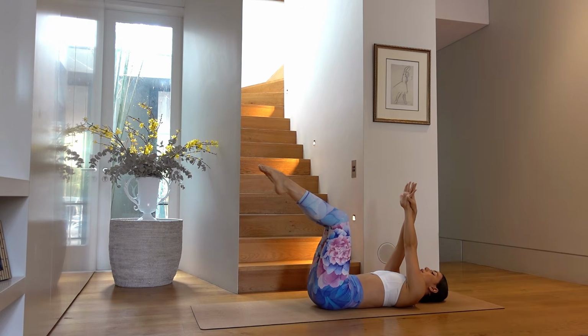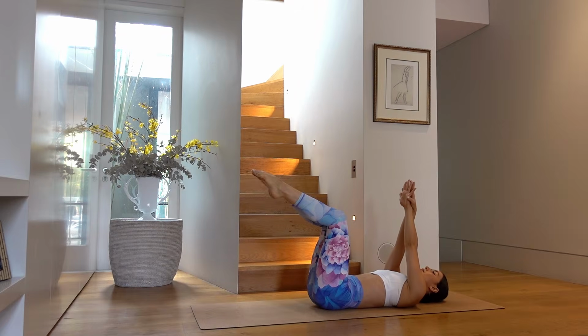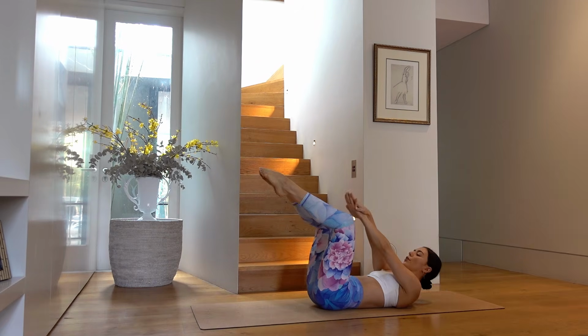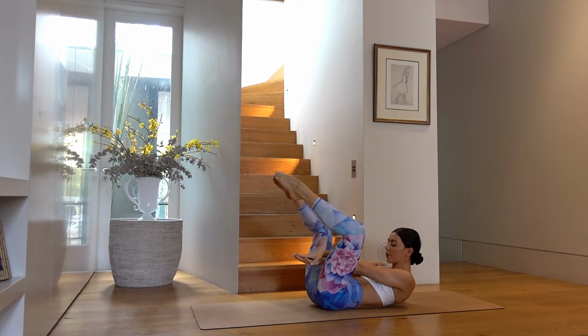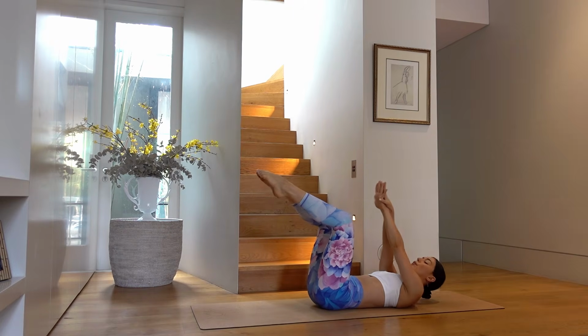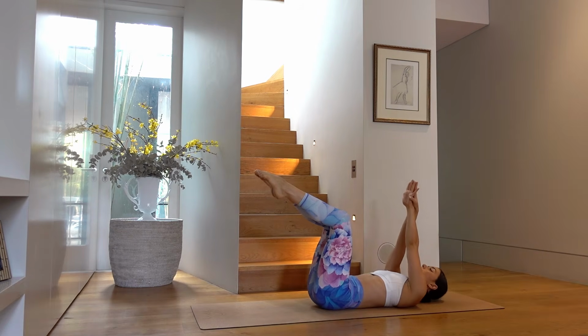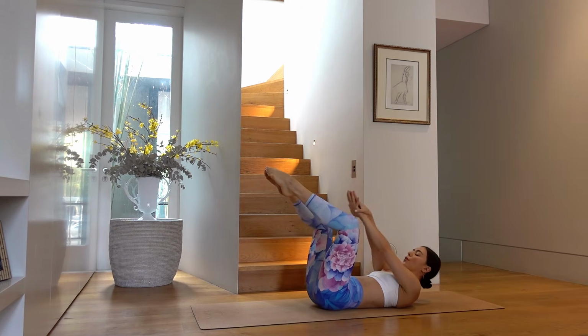Exhale, lift your head and shoulders, open your knees and reach your hands through your thighs. Inhale, come back down. So exhale, curl up, opening your knees, reaching your hands through your thighs, and inhale, come back down. Make sure here that your knees stay directly stacked over your hips